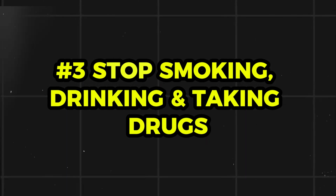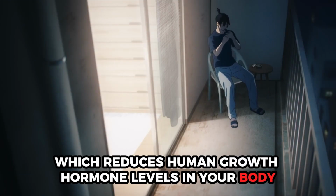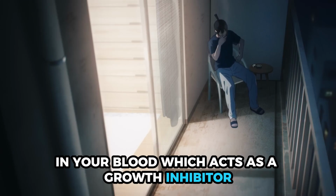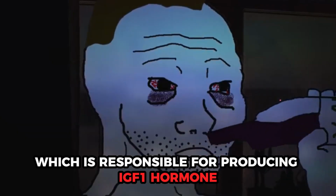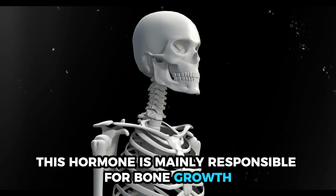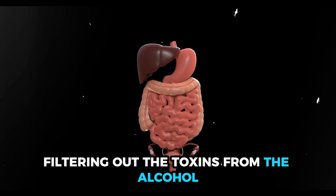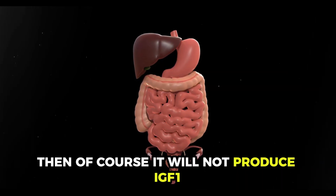Number 3. Stop smoking, drinking, and taking drugs. Smoking leads to intake of nicotine, which reduces human growth hormone levels in your body. This also leads to higher levels of cortisol in your blood, which acts as a growth inhibitor. Drinking hits your liver, which is responsible for producing IGF-1 hormone, which stands for insulin-like growth factor 1. This hormone is mainly responsible for bone growth during puberty. If your liver is busy filtering out the toxins from the alcohol, then of course it will not produce IGF-1,